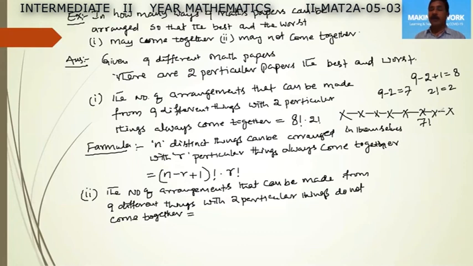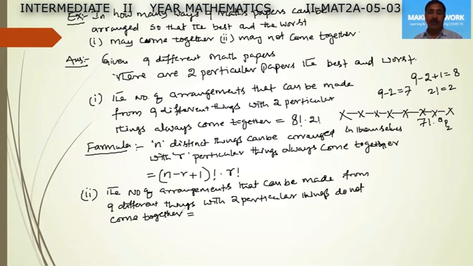If n elements are arranged in a row, we will have n plus 1 blanks. Now here 7 elements are arranged first. After removing the 2 particular elements from the given 9 elements, the 7 elements are arranged in 7 factorial ways, and in between them and at either of the ends we will have 8 blanks. Now in these 8 blanks, the 2 particular elements will be arranged in 8P2 ways. So arranging 2 elements in 8 different blanks, or 8 different elements arranging in 2 blanks, both are same. Now that is equal to 8P2.